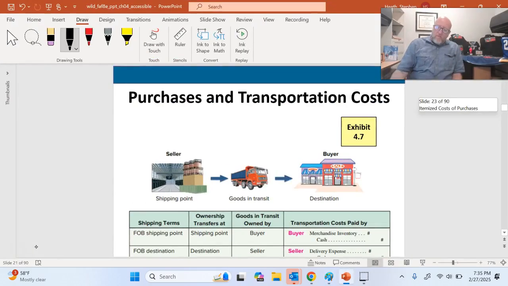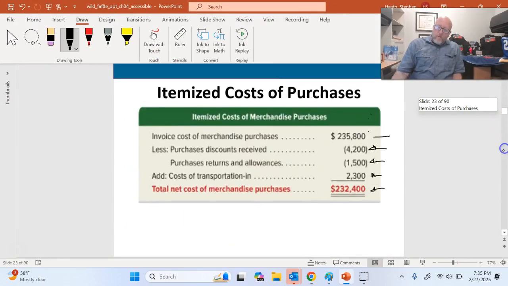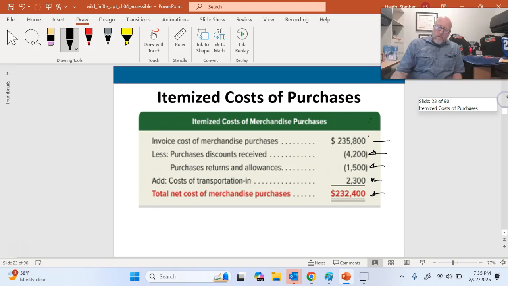And so just in summary, cost of inventory we talked about. Purchase discounts, we talked about those. Purchase returns, right? A return is when we physically send the product back. And then an allowance is when the company doesn't really want the inventory back, but we're going to get another discount,